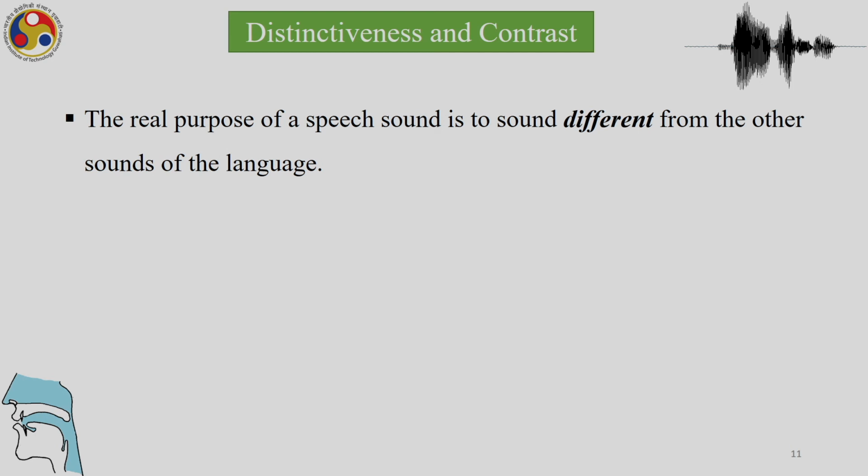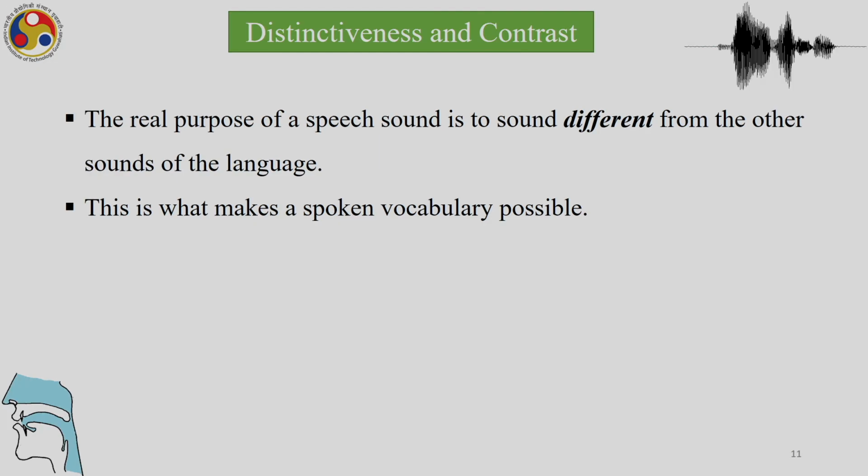We can assume that much of the communication which happens is because there is some difference between the vowels and consonants that make up the words, and that is what makes spoken vocabulary possible. Otherwise, if they were all the same, we would have just a series of vowels and consonants, or just ba ba ba and pa pa pa, and we would not have many words to make up the vocabulary which gives us the necessary terms to express things in a language.